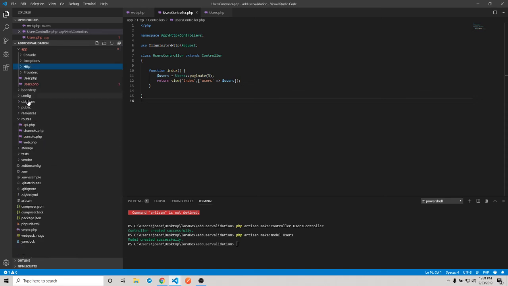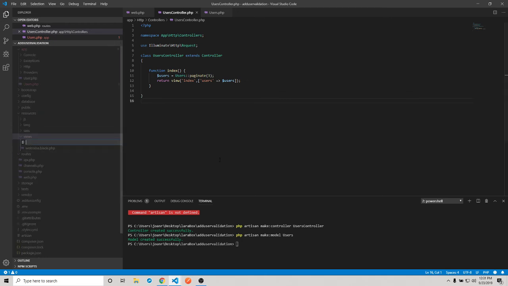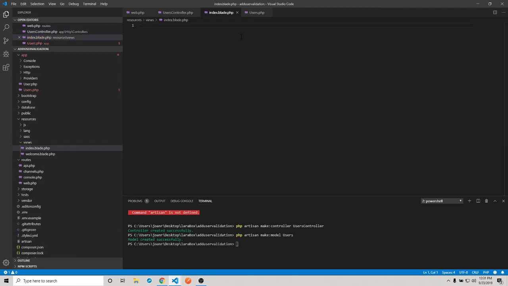The next thing is we're going to go to resources, view, and create index.played.php. All right, this one is our holder. All right, so the next thing is,